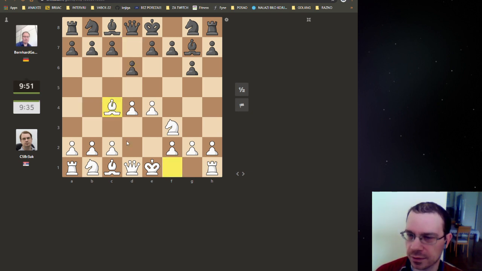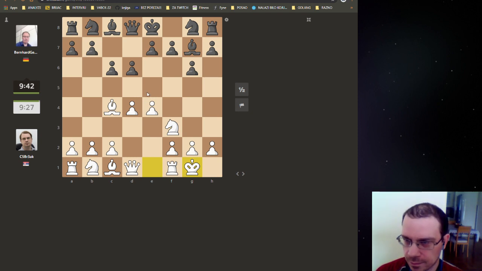We play bishop c4 because bishop on c4 places much more pressure than the c4 pawn in these structures. That's why you don't see Pirc defense on the high level being played against e4, because this bishop is annoying and nasty. So we could have gone for the King's Indian with c4, but